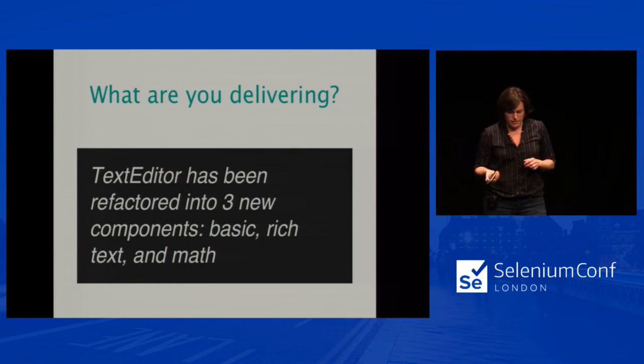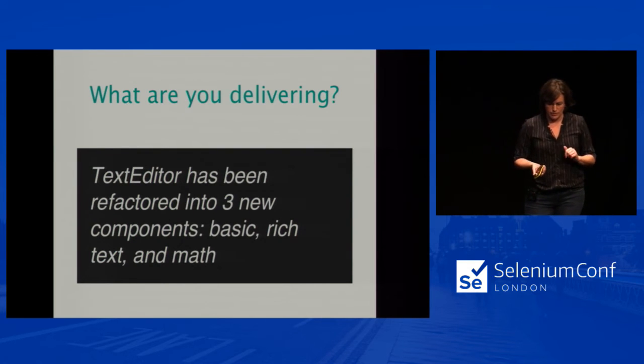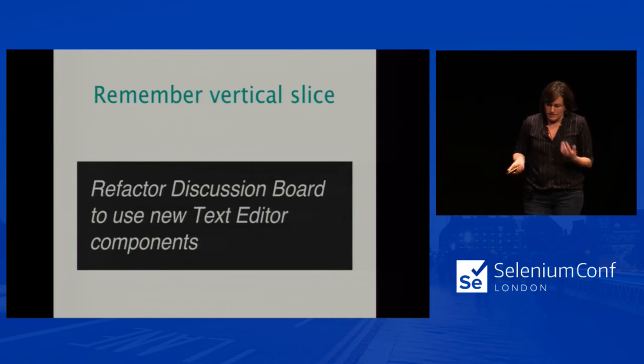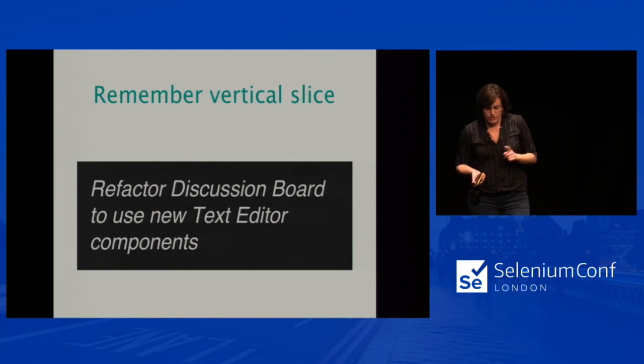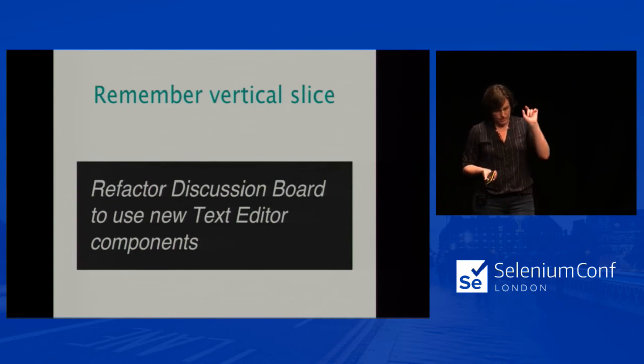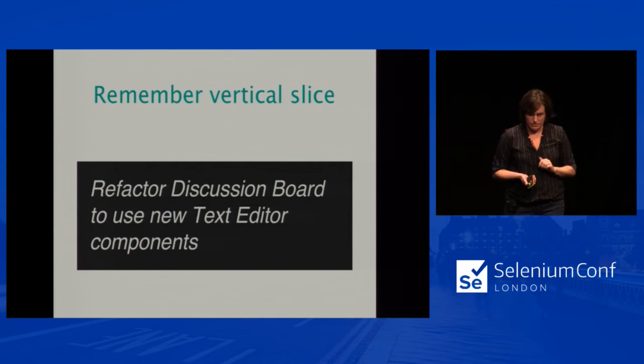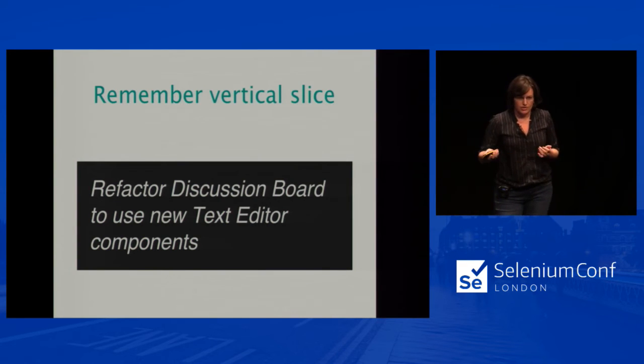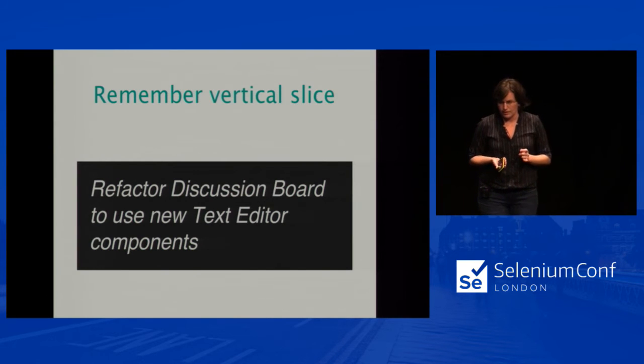And so what do we want out of this milestone? What are we delivering? Our end goal here is to break that text editor component up into several more focused components. And in addition to creating the new components, we'll need to refactor the front end of the discussion board only to use this new component. So remember, we've taken a chunk of the app, a complete vertical slice of the application that we're going to keep everything, all of our refactoring initiatives inside of for now. So you might think, we're refactoring this component and it's used everywhere, let's just change everything. So in this case, we would be introducing instability. We want to verify that this component works in its new place before we move on.